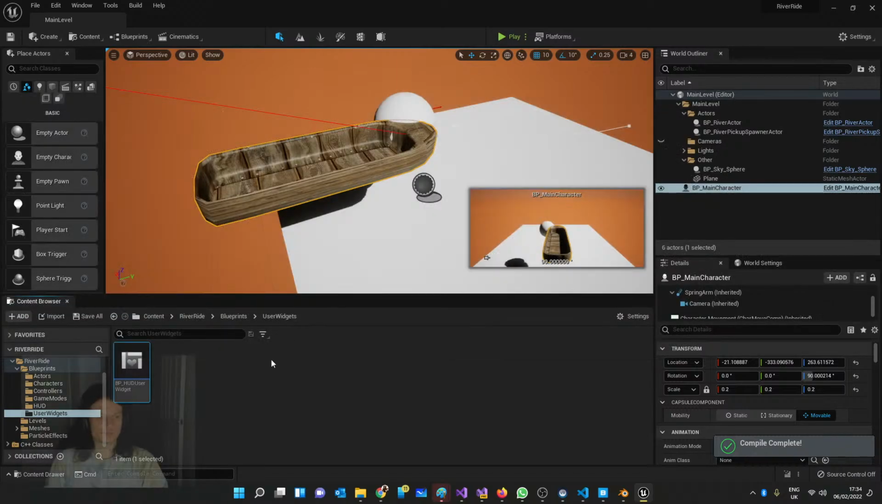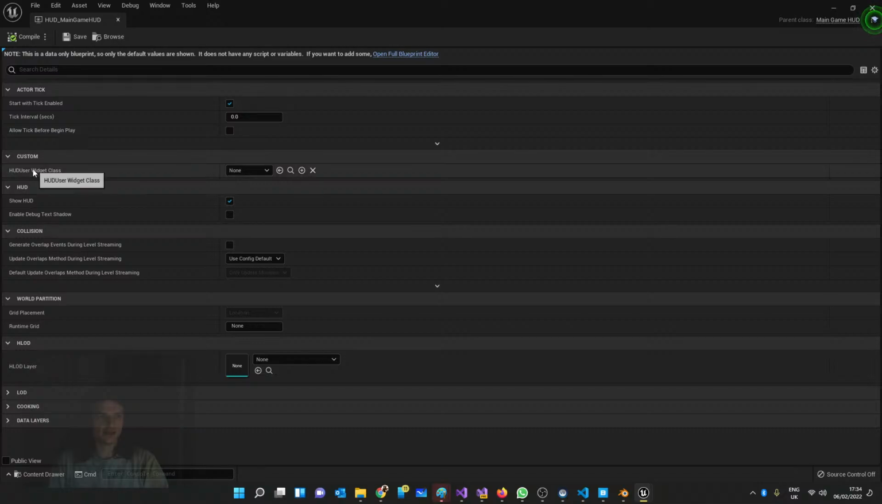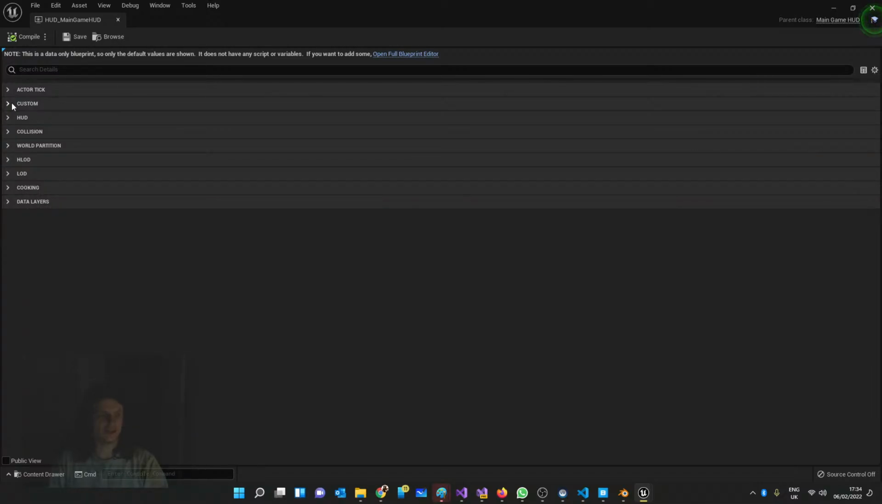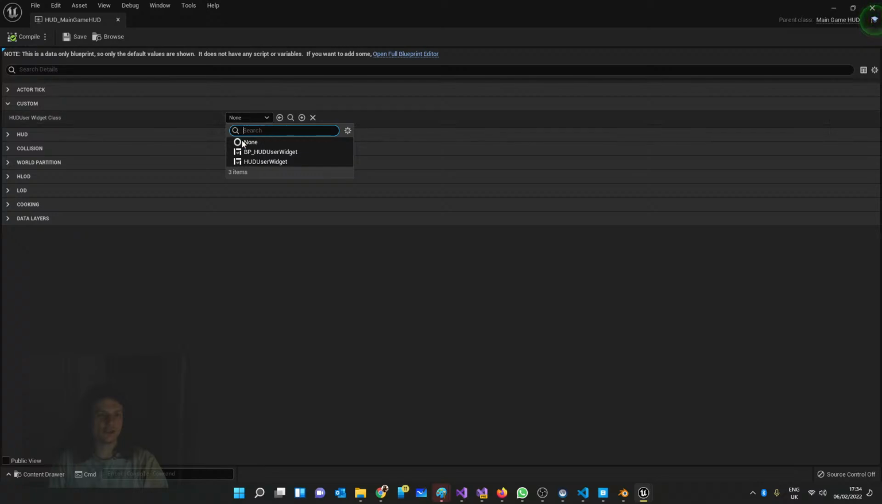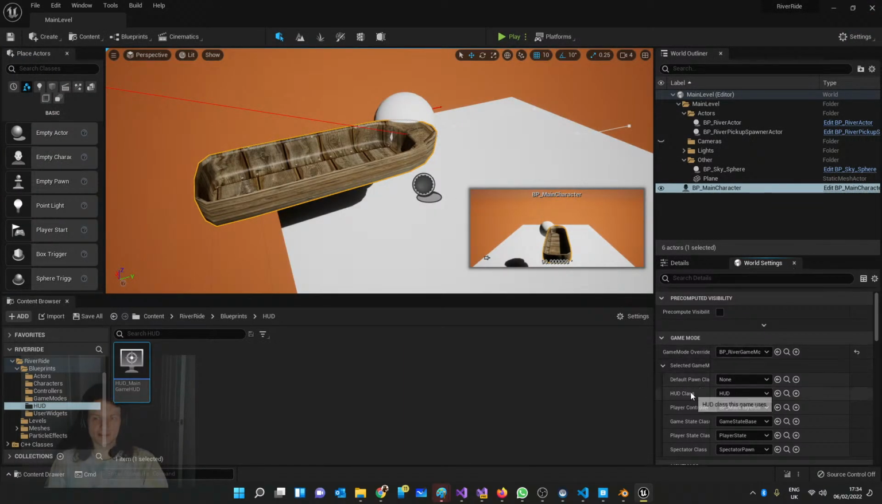Okay, all good. So now if I go through to my HUD and I double click on this, I can now set in my custom... if I go up here and collapse all categories and go to custom, I can actually set which type I want to use as my user widget, and that's going to be the blueprint version of my HUD. So I compile that and save that, close this down, and now in the world settings I can now say that my HUD class is going to be my